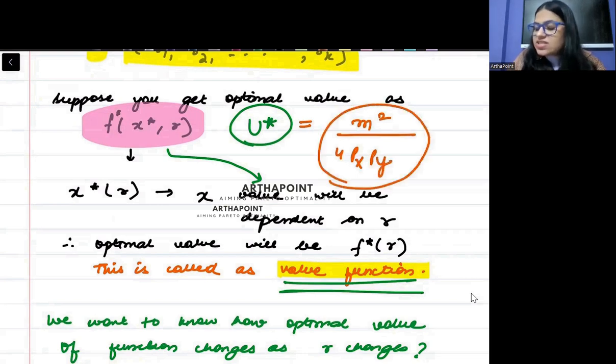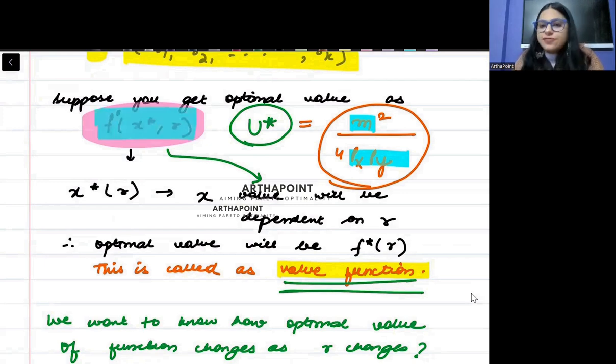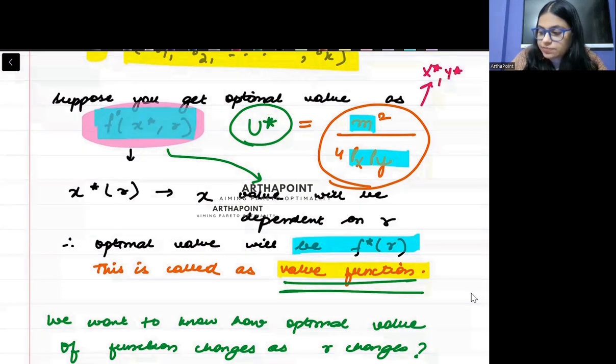So I will not see any x or y here now. I am only seeing the exogenous variables. मुझे सिर्फ income और prices दिख रहे हैं. Those variables which are already given to me, right? So the maximum value that you will get will only be a function of the exogenous variables. In fact, the x and y that you found, x star, y star, that is also a function of the exogenous